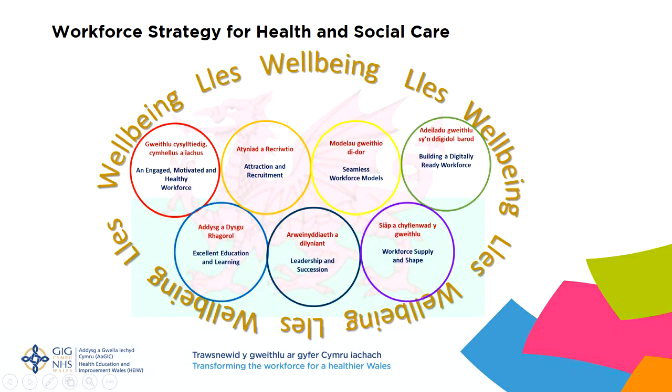The workforce strategy was one of the key recommendations from A Healthier Wales. The strategy will be launched in 2020 and will set the vision for what we need to do to make sure we have a motivated, engaged and valued health and social care workforce with the capacity, capability and confidence to meet the needs of the people of Wales. The strategy focuses on 7 key themes, which are supported by a number of actions. More detailed support and implementation plans will be developed to support the delivery of these actions.